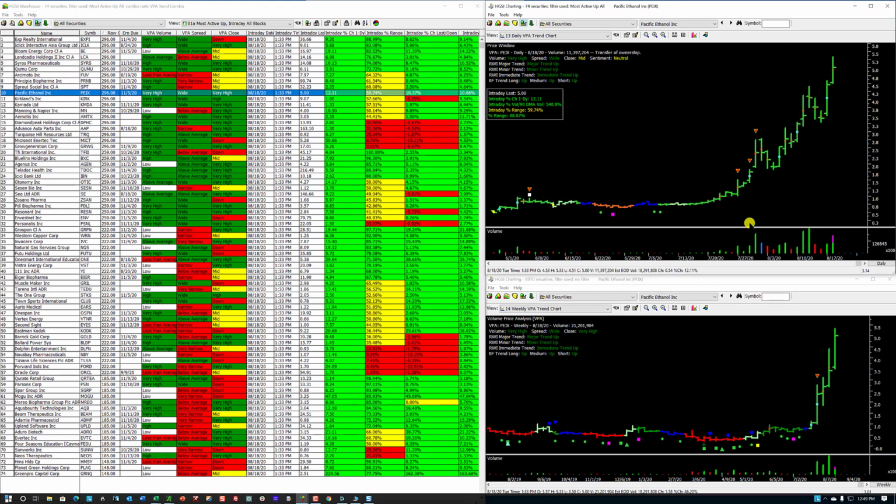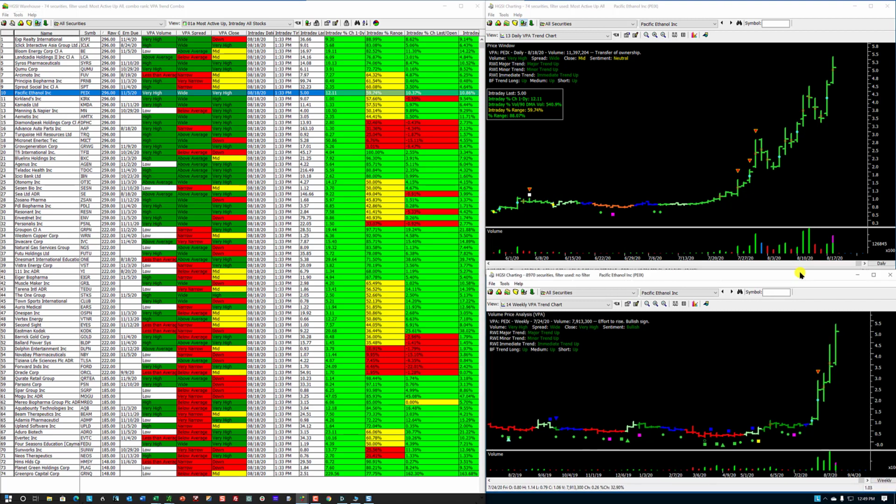Here's one. PEXI. Look at this. This is a beautiful weekly and daily. The trends were moving up, went down. Medium and short were up, and then it transitioned to uptrend back here, and the closing price then was $1.03. You can see that down there in the corner. Now it's trading for, well, here's what it's trading for. Intraday last is $5. So it went from $1.03 to $5, and this was in a